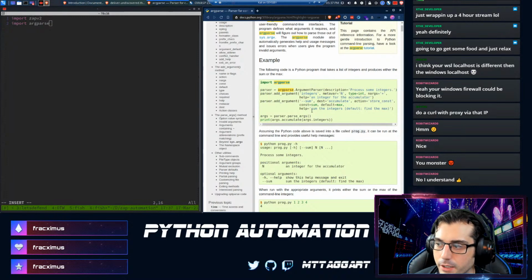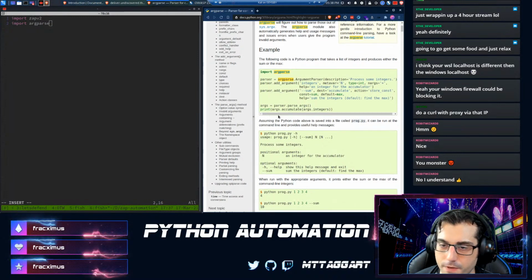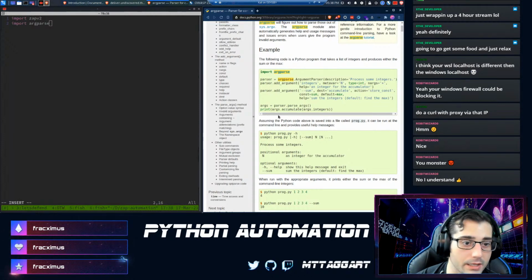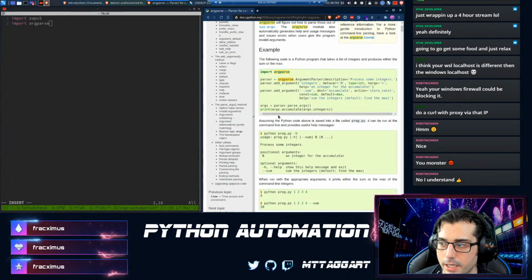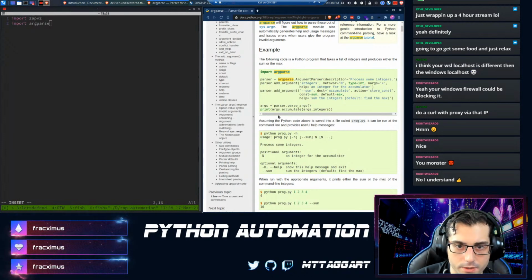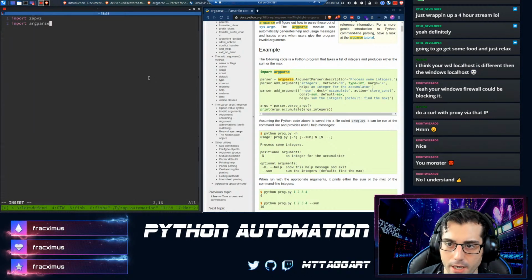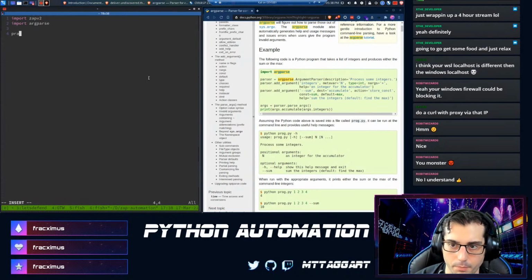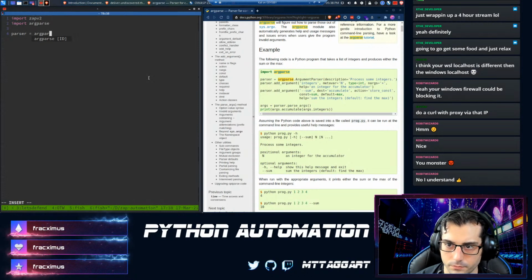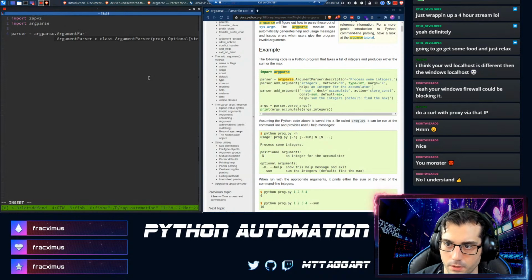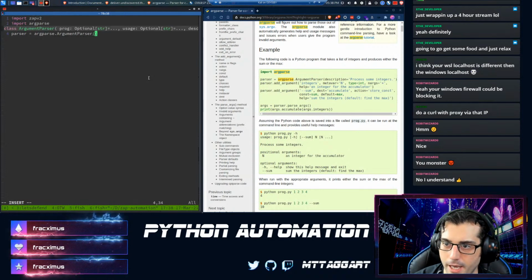But basically, what we can do with argparse is very easily create parsable command line options for your tool in a way that isn't just slicing through sys.argv. So I'm a big fan. To do that, we start with just creating a parser. Just like that, ArgumentParser. And we'll give it a description.